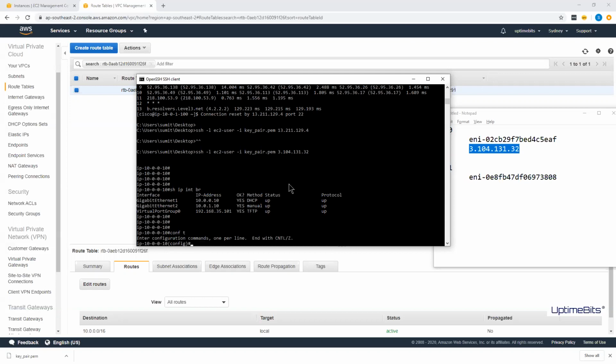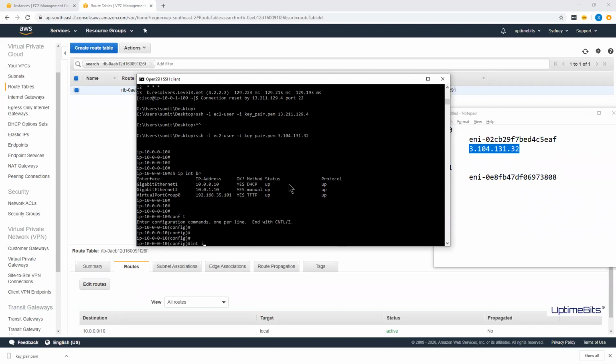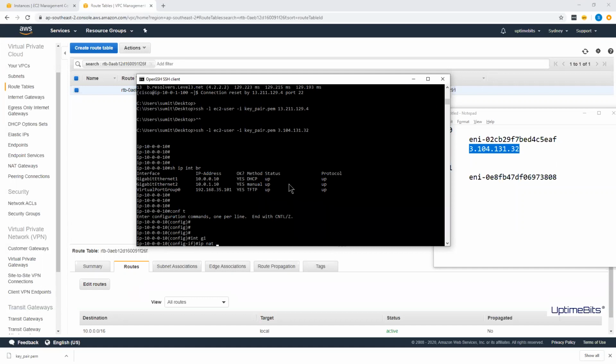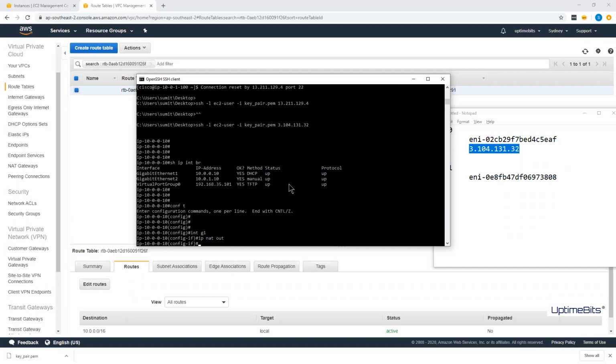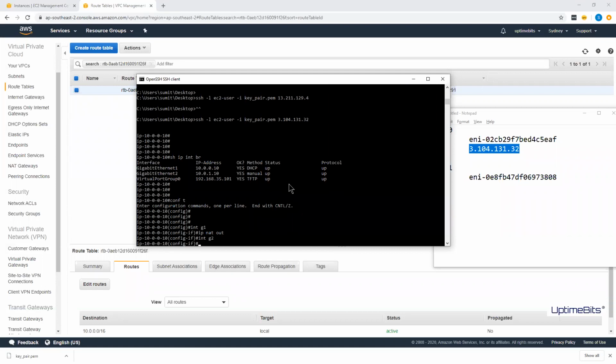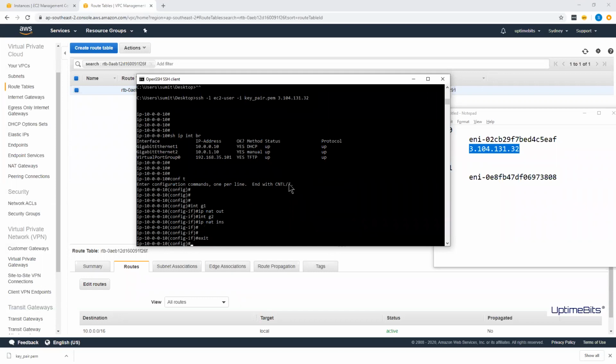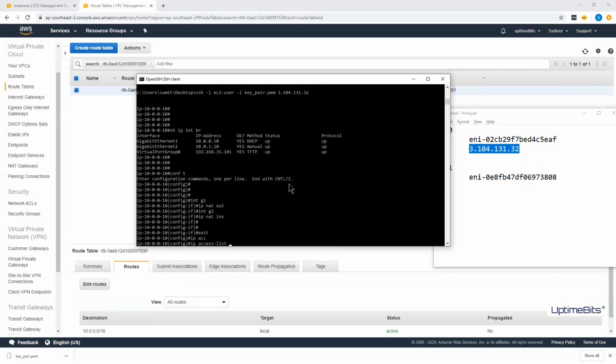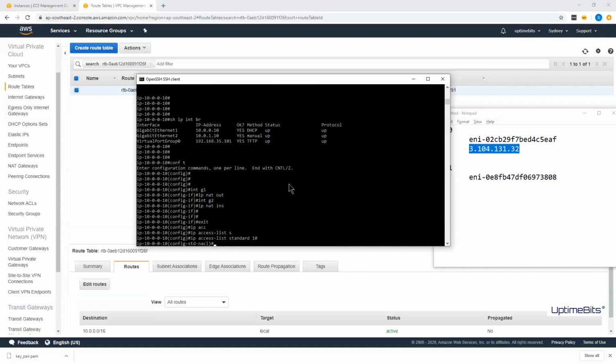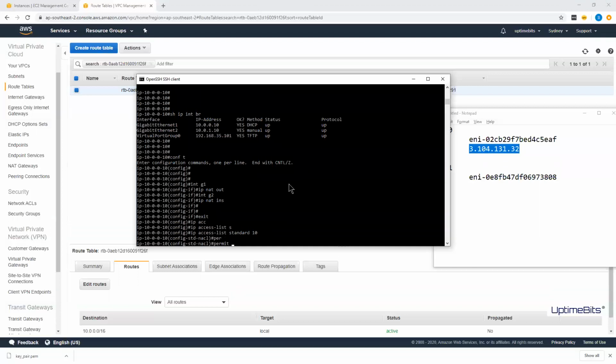So here I'm configuring NAT. On the interface gig one, I'll say ip nat outside, and on interface gig two, ip nat inside. Then I'll create an access list: ip access-list standard 10 permit